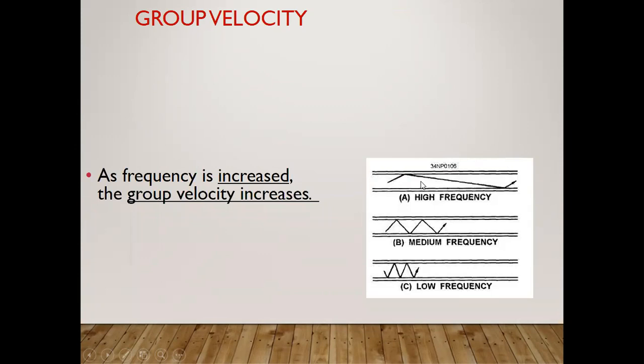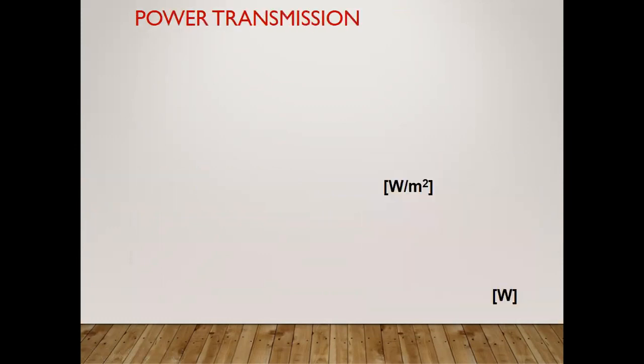See here how the high frequency, and the medium and low frequency can be obtained, how the incident wave is traveling, and how the reflection and refraction are going on. If high frequency is there, you can observe easily the difference between the refraction and the incident wave. What will be the effect of refraction and reflection is mentioned here. If frequency is increasing, what will be the effect on the group velocity? It is also increasing. So in short, frequency is directly proportional to the group velocity.